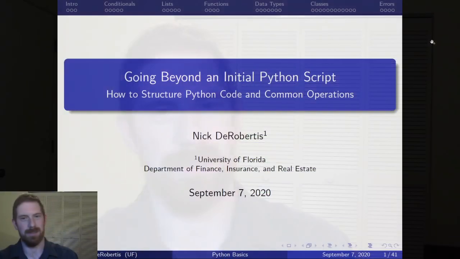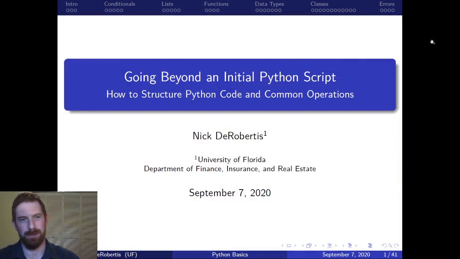And today we're going to be talking about branching logic with Python conditionals as part of our segment of going beyond an initial Python script, how we're going to learn the Python basics so we can build out complex financial models. So we have talked a little bit about conditionals before in the class, and that was in the context